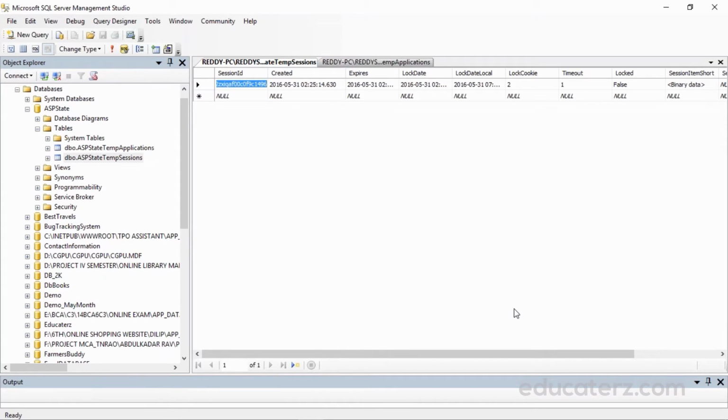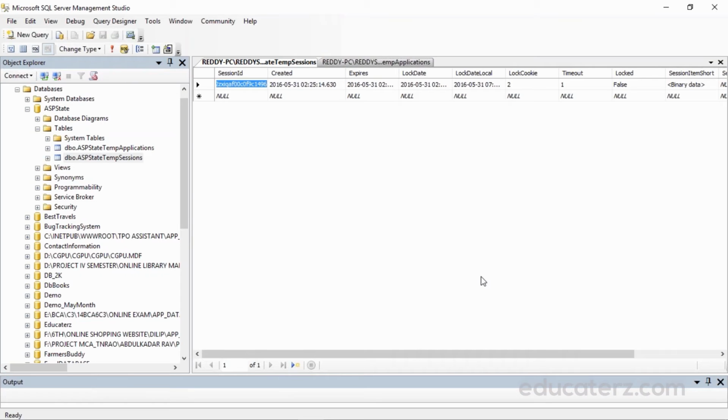Using SQL Server is the most reliable option. No one can touch your session variables. It survives if something happens to our application. Even if the ASP.NET application crashes, your data will be stored in our database, and session state variables will be there. Your application can use these session variables from the SQL Server database.